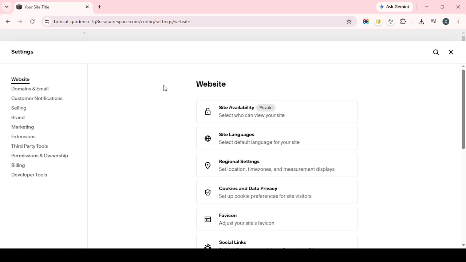Finally, duplicate any important pages. For pages with vital designs or layouts you want to preserve, click the gear icon for the page and then choose Duplicate Page. This creates a copy of the page,